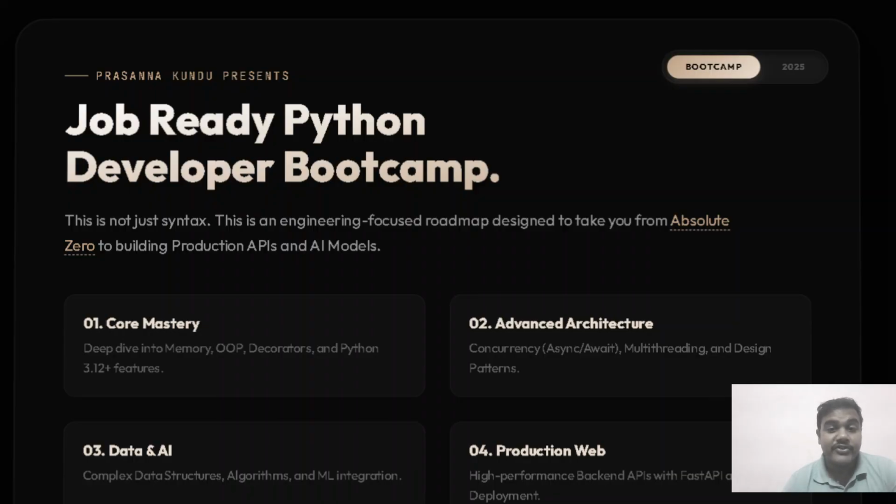In this bootcamp, we move fast, we are moving quickly toward data structures, object oriented programming, and asynchronous programming. So keep your hands on the keyboard and let's begin. And a quick note on our teaching philosophy. This curriculum is heavily inspired by engineering principles and industry practices. We believe in visualizing memory. You will see a lot of 3D diagrams today, because if you can visualize the memory, you can debug anything.